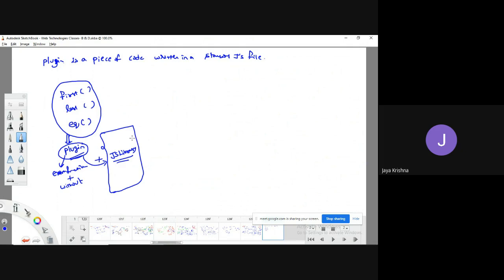Whenever you would like to write any kind of plugin, we need to follow some set of rules. So what are those rules for writing a jQuery plugin?